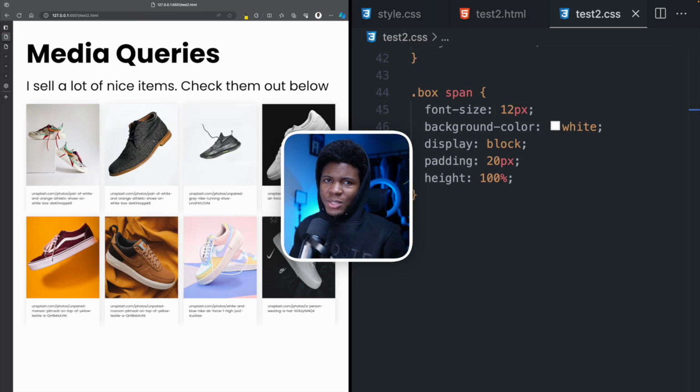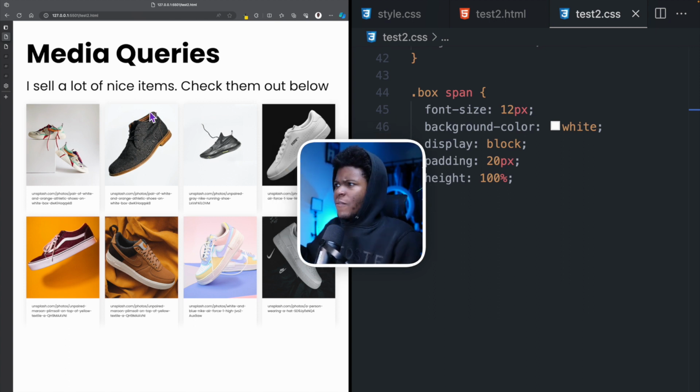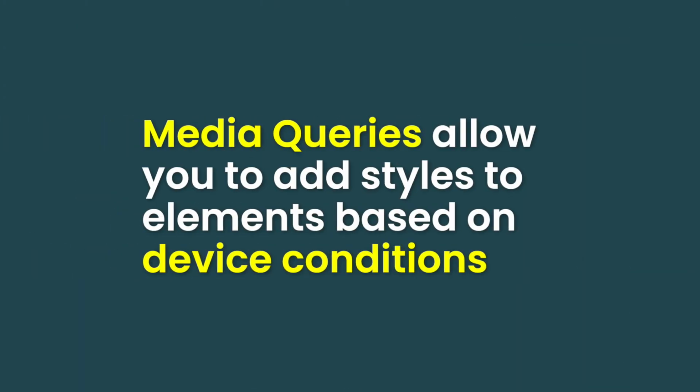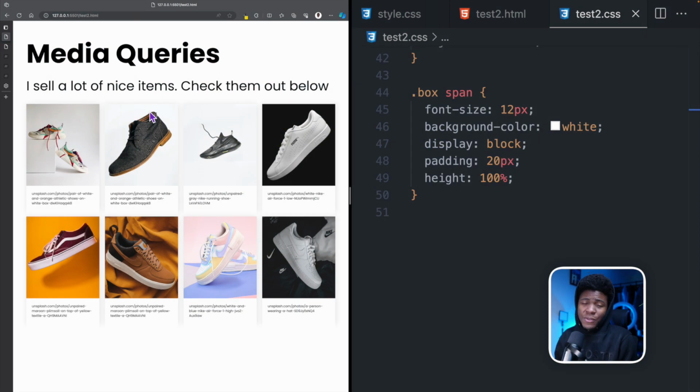In this video, I will simplify media queries in CSS, help you understand what they are, why they are useful, and also show you how to use them. First off, what are media queries? Well, media queries are a fundamental concept and feature of CSS that allows you to apply CSS styles based on some device conditions. And these are especially useful in cases where you want to make your website responsive to different